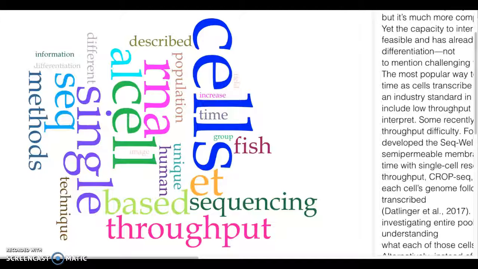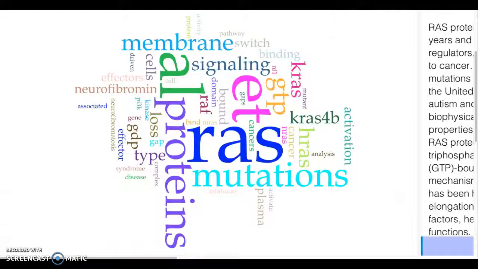And if we take a look at the analysis from the research paper, there's way more lexis and specialized terminology in here. We've got RAS, MRAS, KRAS, NRAS, HRAS, KRAS4B, PI3K, RAF, and this represents the dominant vocabulary that's contained within the article. So that just tells you if you don't understand this terminology, you're not going to understand the article.